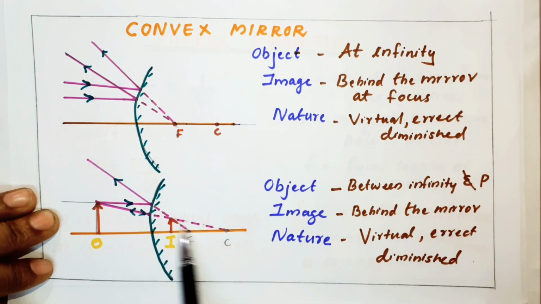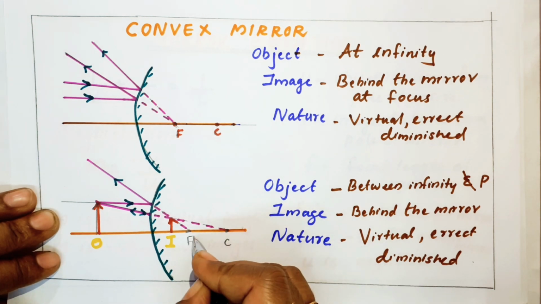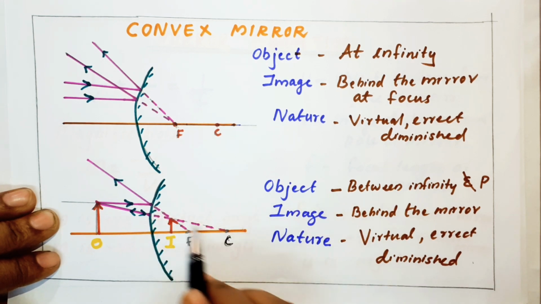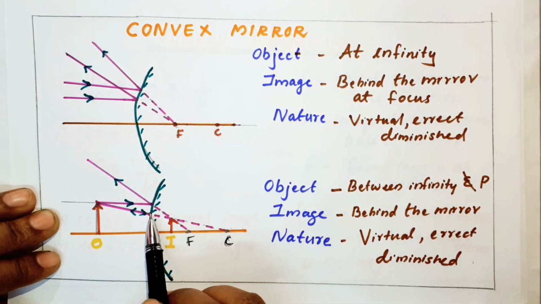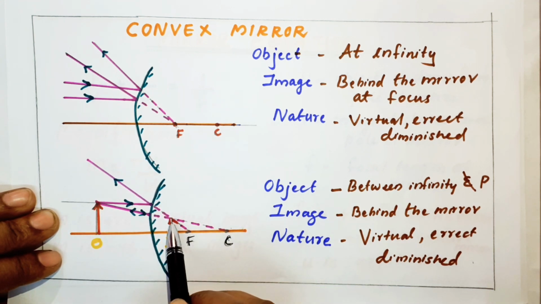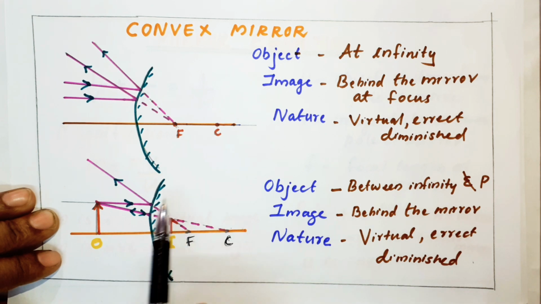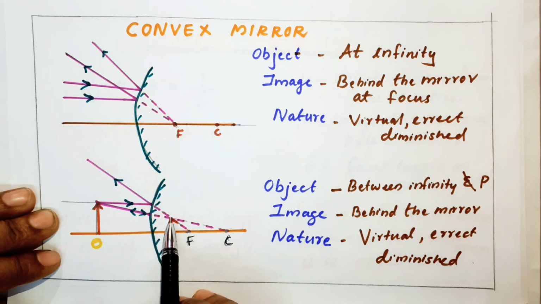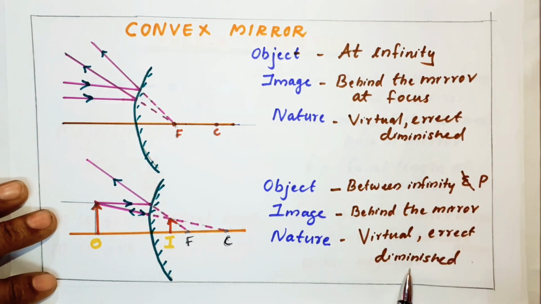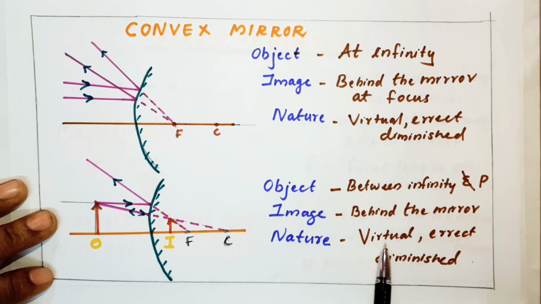The ray which is going through C, going through C means we just mark it like this only. This is F. This is C, because the light ray cannot go like this. After hitting here, it is getting reflected back. So the reflected ray, I am extending it back, and at this point they both get intersected. Which ones? The ray going through C and the ray going through F both intersect at this point. So I am getting a very small image. That is the reason we call it a virtual, erect and diminished image. Virtual, erect and diminished. Okay.